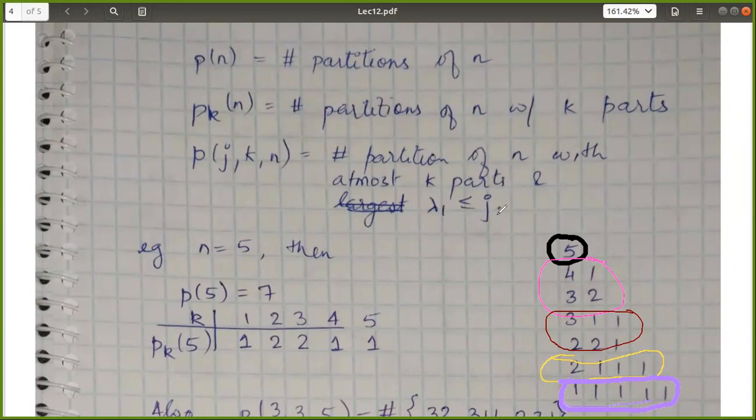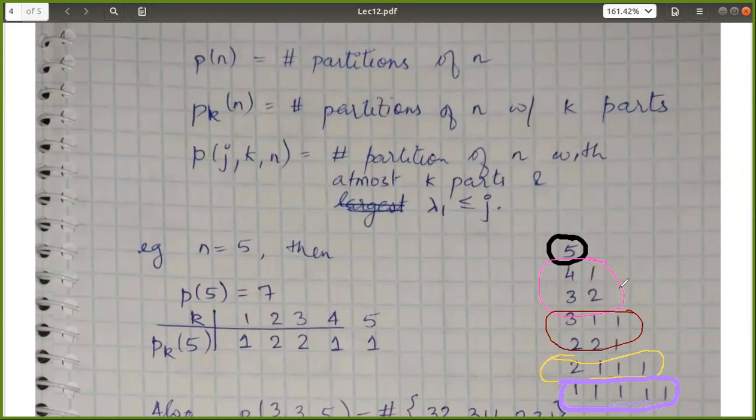The third one. 3, 2. Everyone else also sees this? So how many partitions with at most 2 parts? You have to see only among these 3 elements. And then the next condition is that the first part has to be at most 3. How many elements here with first part at most 3? Only this one. So 3, 2 is the only partition which qualifies,